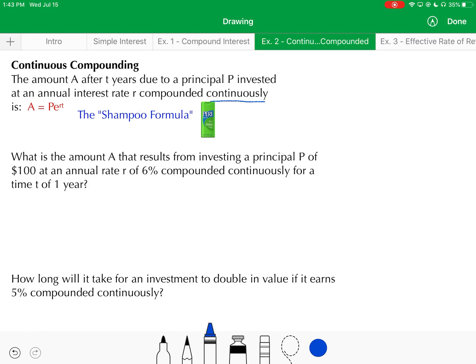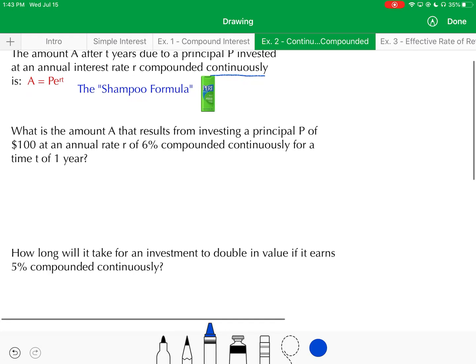So what's the amount A that results from investing a principal P of $100 at an annual rate of 6% compounded continuously for a time of 1 year? Well, I see that word continuously. I know to use the formula above. So A is going to equal my original amount of 100 times e raised to the power of 0.06 multiplied by 1. All right, now remember e is programmed into your calculator, so this should be another easy one to punch in. If you do so correctly, you should end up with